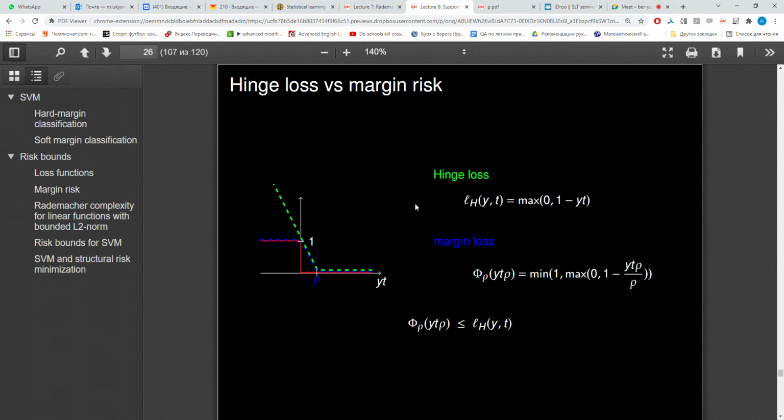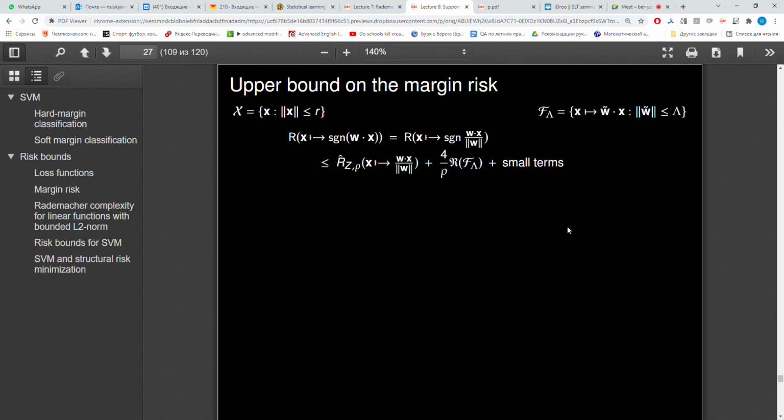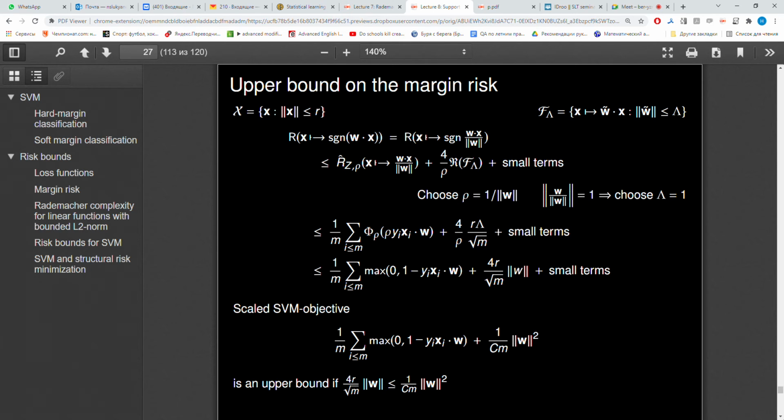It can give us infinitely high values in the case of incorrect misclassification. So we have an idea to apply the minimum of 1 and the hinge loss for optimizing the loss function. I'm not sure how it can be pronounced even in Russian. In this case we can make some terrible bounds on the margin risk, and so on,